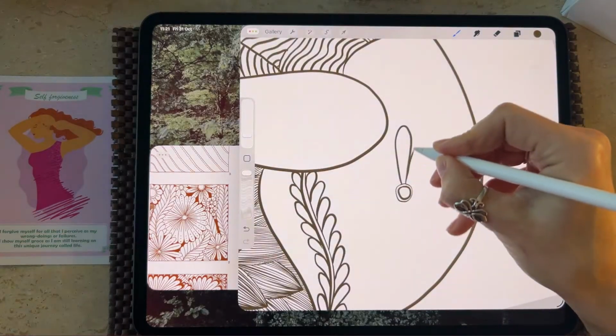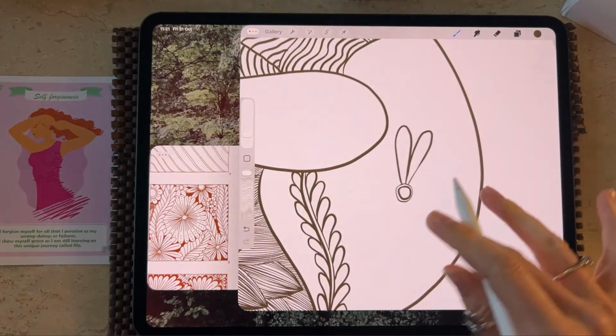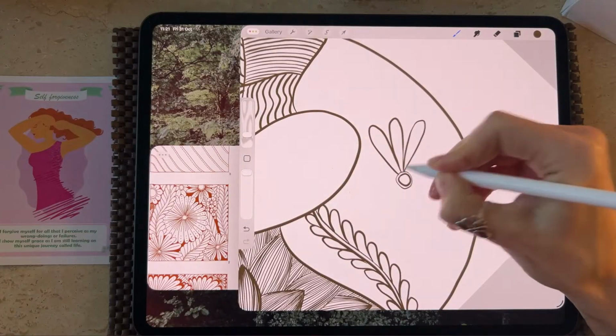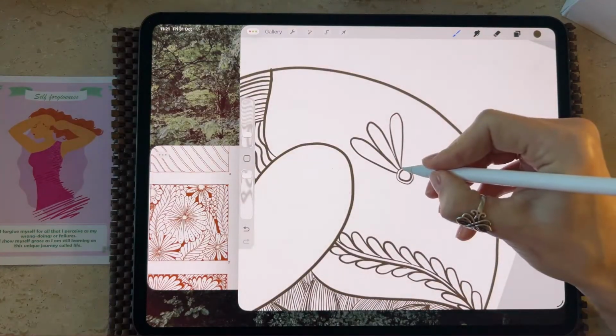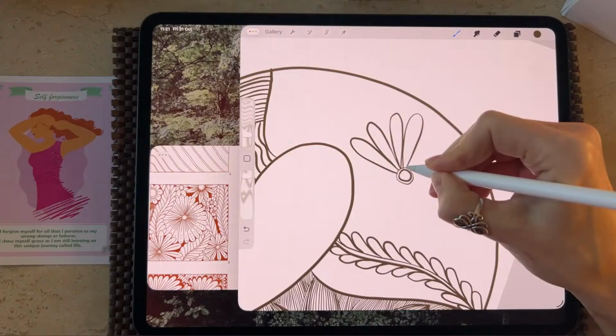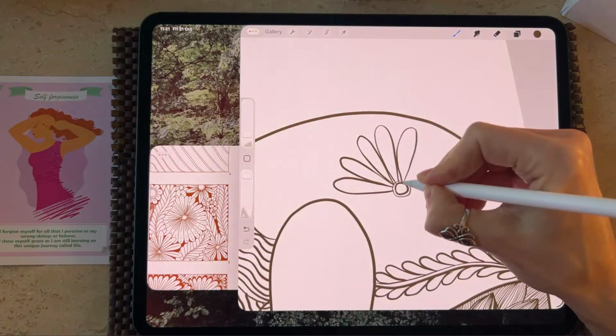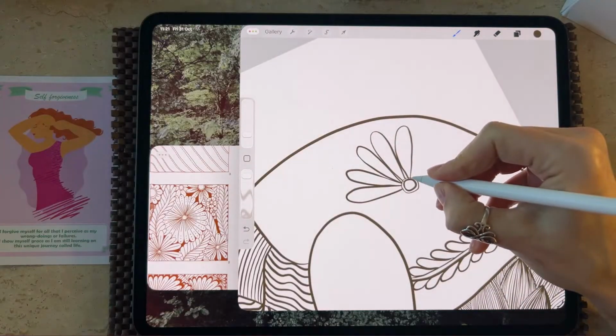So the last doodle is this kind of jungly, tropical doodle. Lots of big flowers and variety.